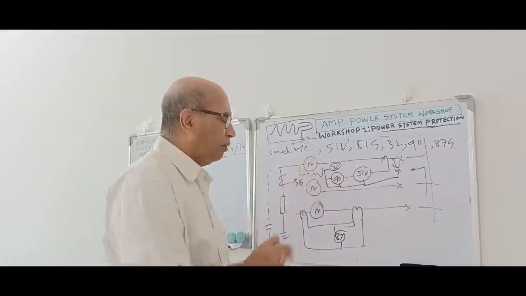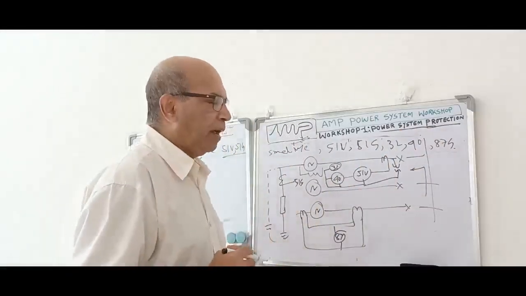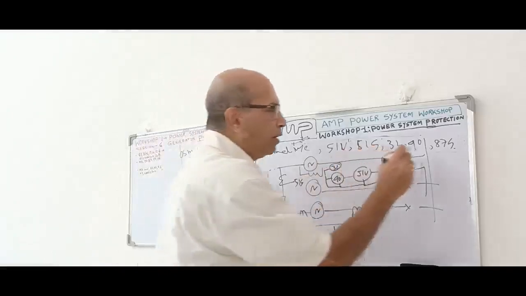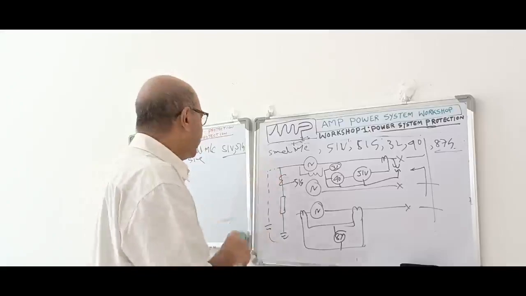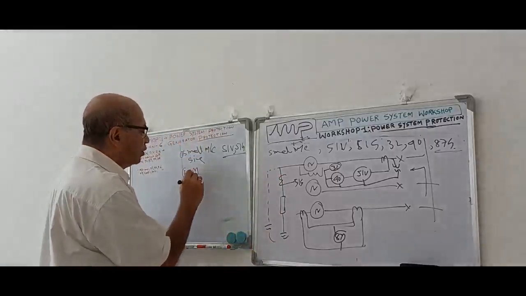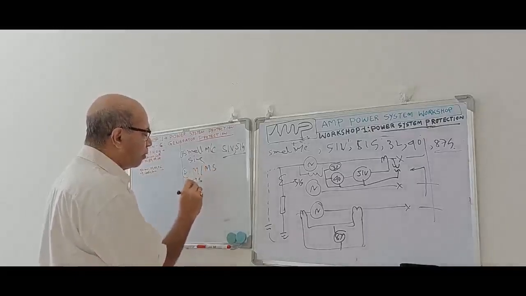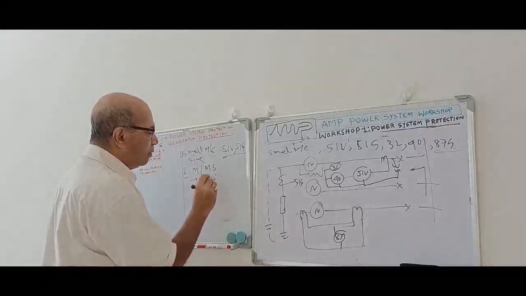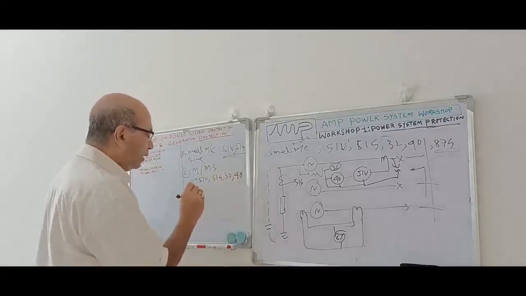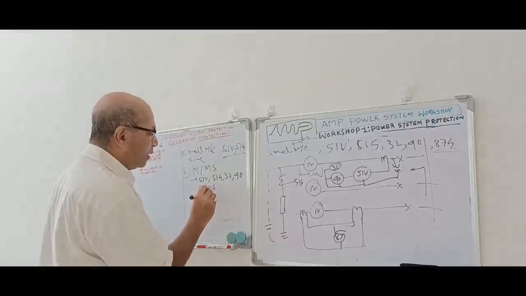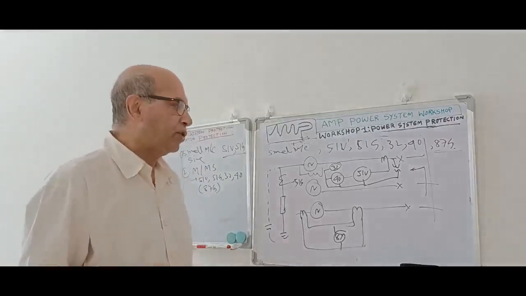Suppose the machine is 230 kilowatt, two machines running, in that case 87 may not be required. But if the machine is, suppose, 600 kilowatt and the application is important, in that case we may include 87G differential protection for phase and arc fault. So these are the protections required for the small multi-machine system. In case of a multi-machine system, what protection will we provide? 51V, then 51G, we will put 32, we will put 40, and then optional 87G. These are the protections we have to provide for a small multi-machine system, right?